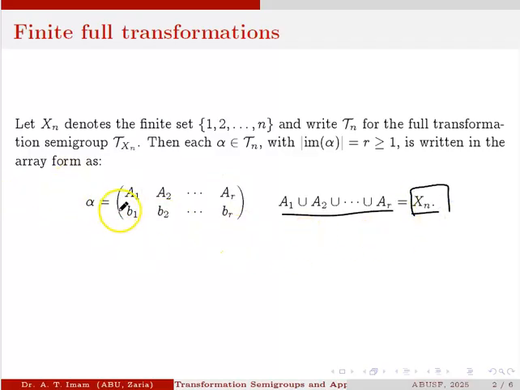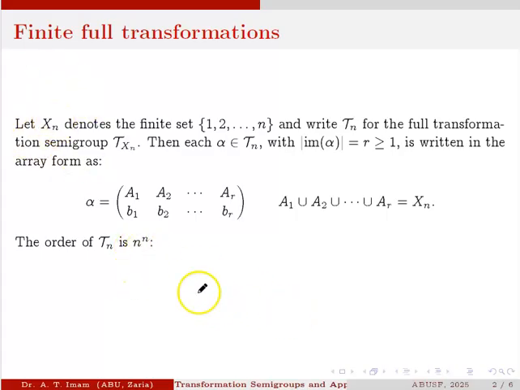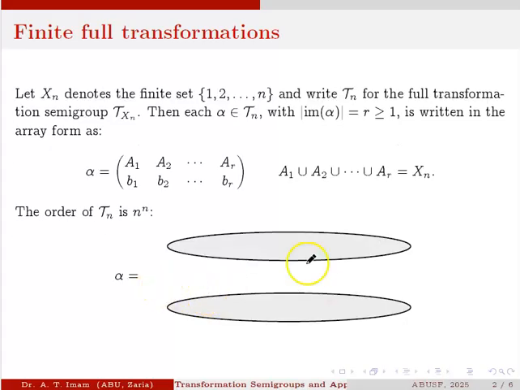Now, we can count how many elements are in Tn, because we are in a finite situation. Then we expect the number of elements in Tn to be finite, namely the order of the semigroup. So the order of Tn is n to the power n. And to see that this is actually the total number of full transformations from the set Xn to itself, one can visualize a partial transformation